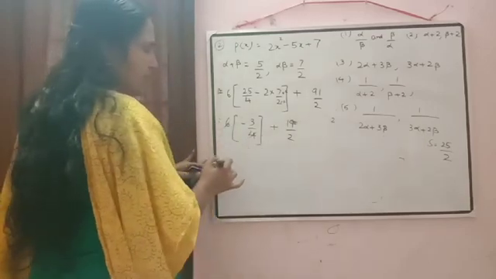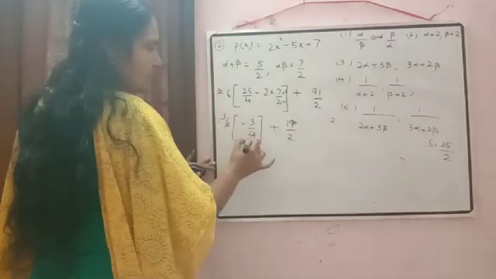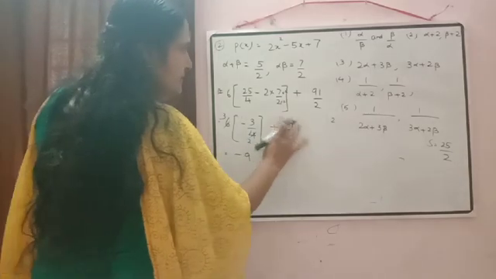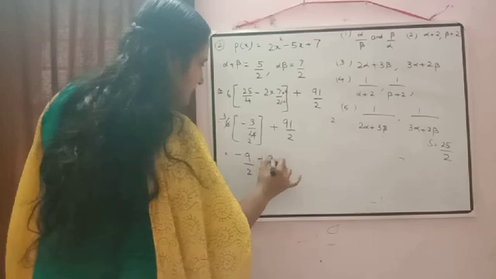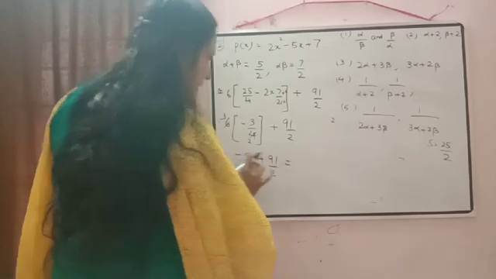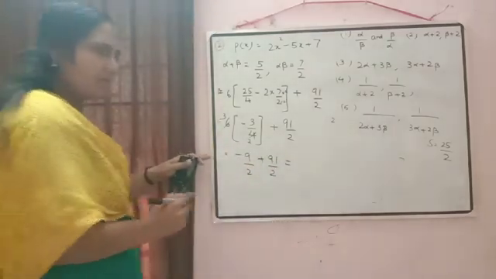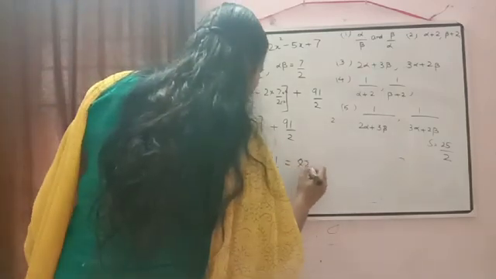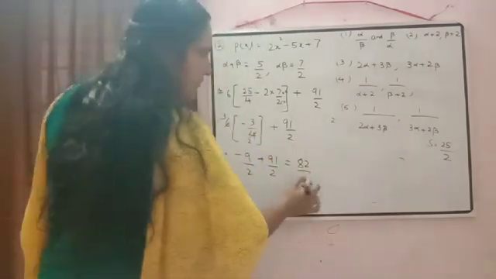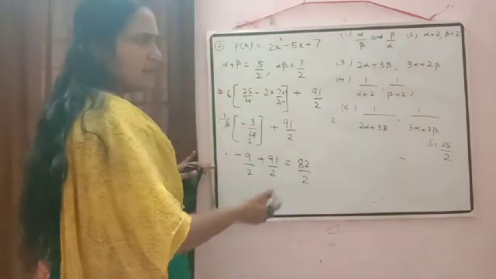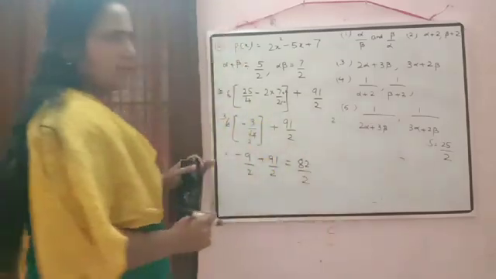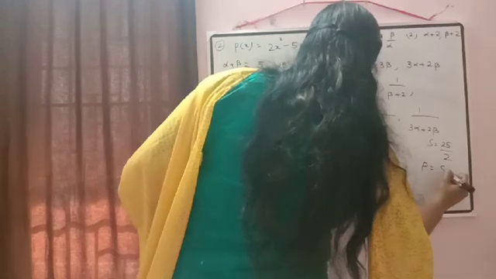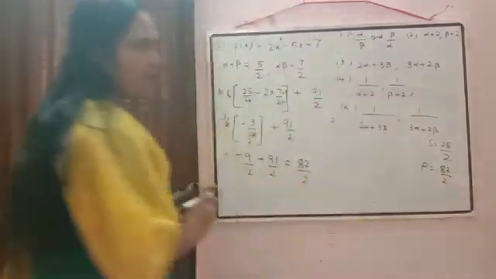This will get cancelled here. Then we will get here 2 3s are 6, 2 2s are 4. So minus 9 by 2 plus 91 by 2. So 91 minus 9 we can do, what will come? Yes, that will be equal to 82 by 2. If you want you can cancel, otherwise we have to multiply it by 2 because in the sum we are getting the denominator as 2. So you can rewrite in that way only. We got product is equal to 82 by 2.